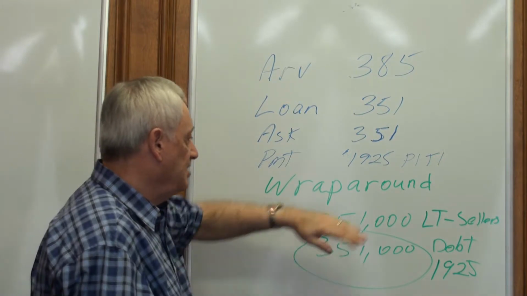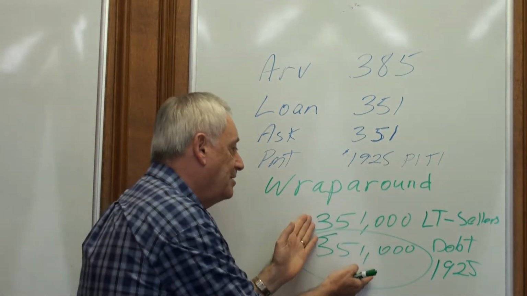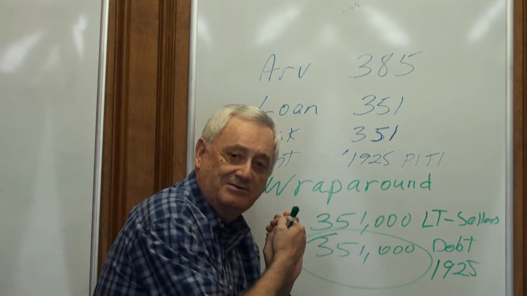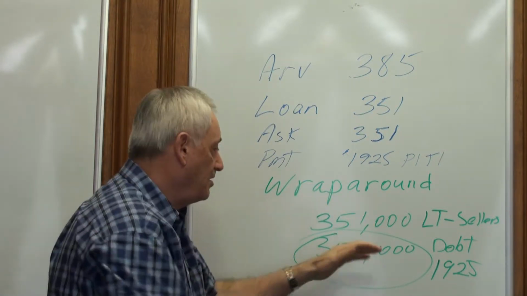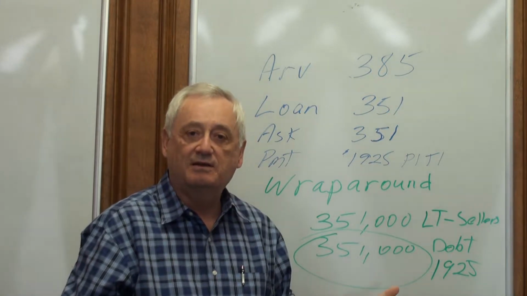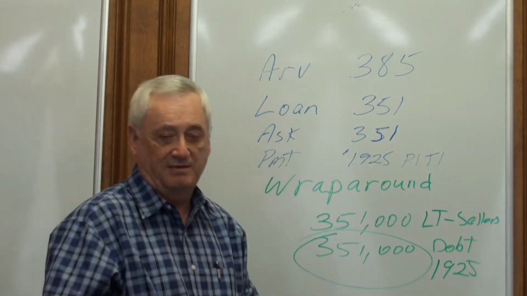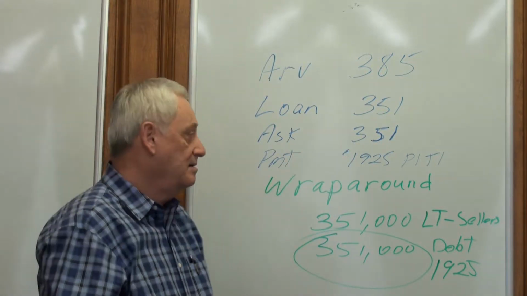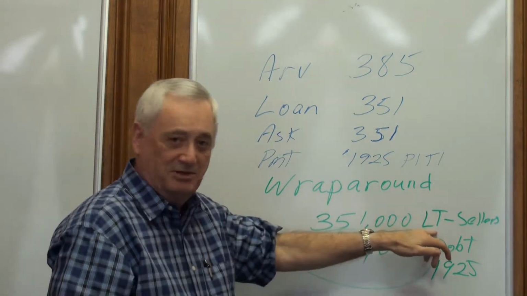Because you see, my friends, if this wraparound device is not created here, there is no document that they can use showing that they have a claim against the house anymore. With this, if I don't pay, they can foreclose on this note. But without this, there's nothing for them to foreclose on. If they just deed me the house, I don't owe them anything. I owe their bank, but I owe them nothing. Now, however, I do owe them. I don't owe them, my land trust owes them.